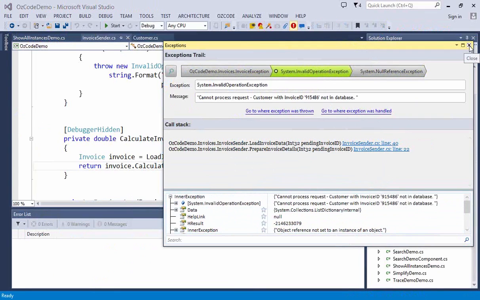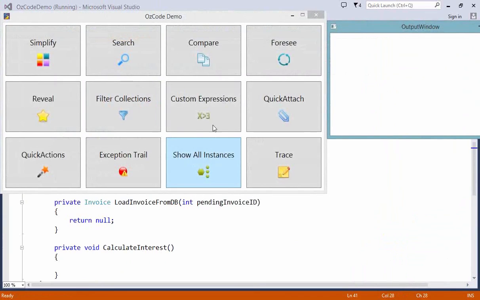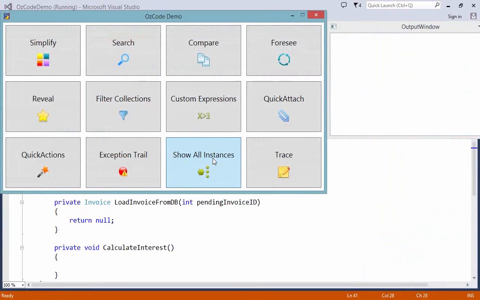So that's how you handle exceptions with Ozcode. This is really a useful feature. So now let's get back to the feature that I wanted to actually show you, which is show all instances. Now the reason that we got this exception is that we have this producer-consumer queue going on,